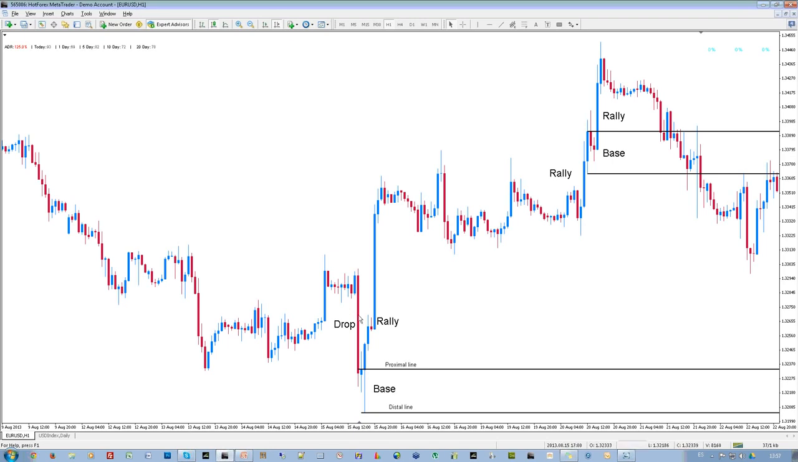This is the euro-dollar, I think. Yes, the euro-dollar. So we have a first leg here. Let's draw some demand levels because now it's bullish, this area. So this is a drop, this is a base, and this is a rally. So what we do is we draw a vertical line on the impulsion to draw on the drop, and then we draw another vertical line